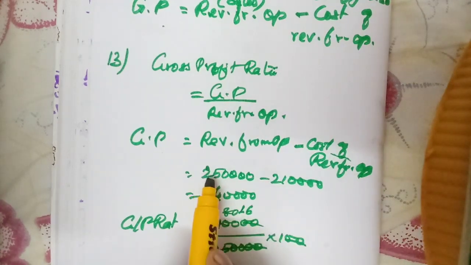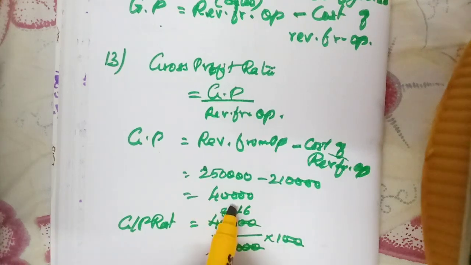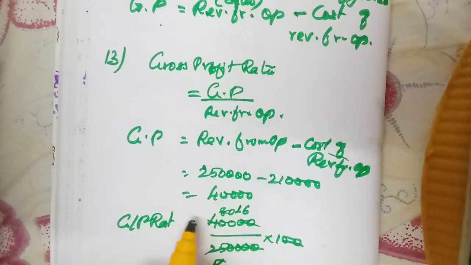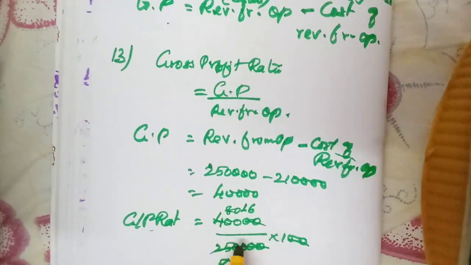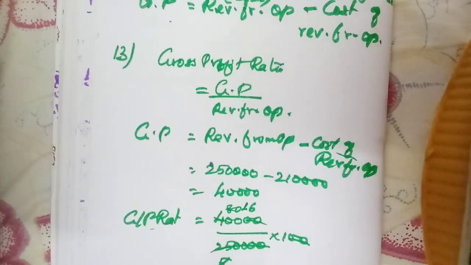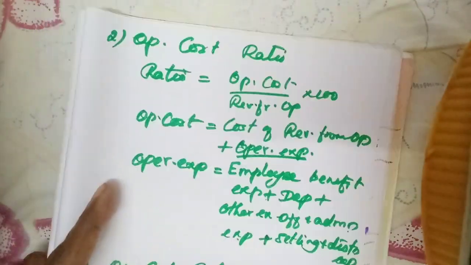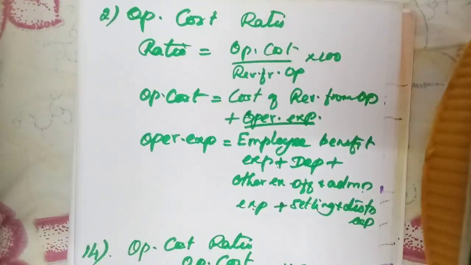Revenue from operation is 2,50,000 minus 2,10,000 is 40,000. So gross profit ratio is equal to 40,000 divided by 2,50,000 into 100. We will get 16%. Then the next one,